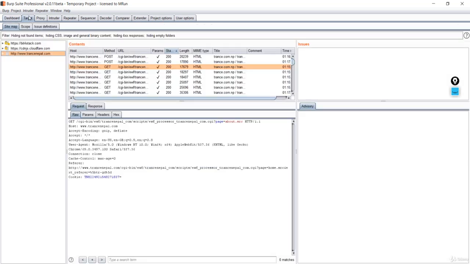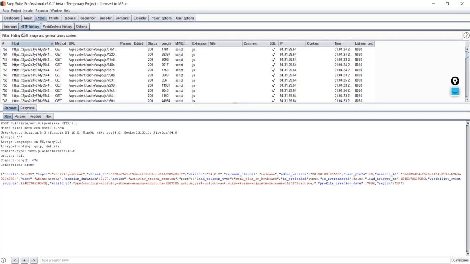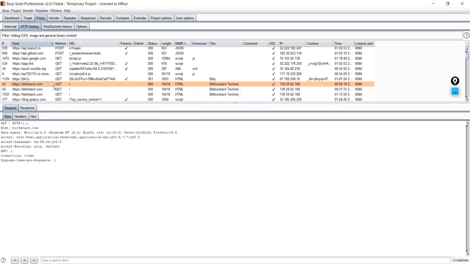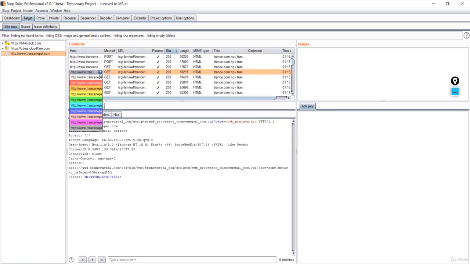So let's go to the Target, and in this Target you will see what your target is. And you have the Proxy, as we have already studied, which has an HTTP history with GET and POST methods. First of all, let's go to this Target and see that we have just the GET website here.